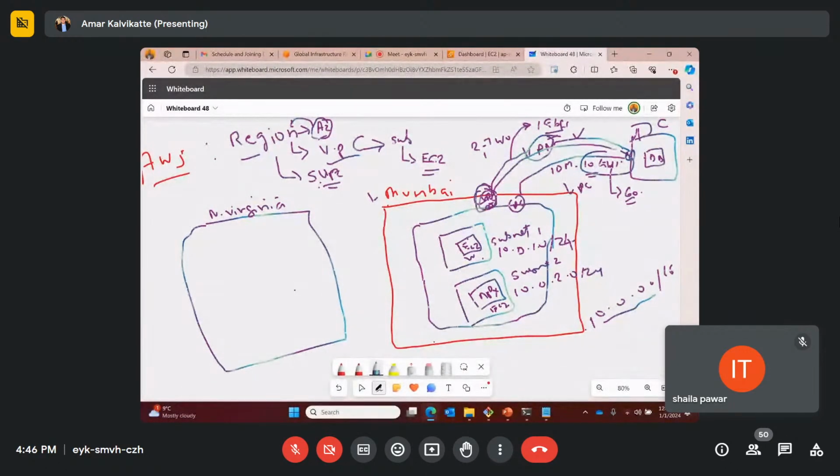But this is one way to communicate. And then you route your traffic from the router towards this router and back and forth. So this is one way you connect your data center to the Amazon Web Services cloud. Now let's assume that I have done this connectivity. I will attach this network to my VPN gateway or to my Direct Connect, there is a route table, and that application will